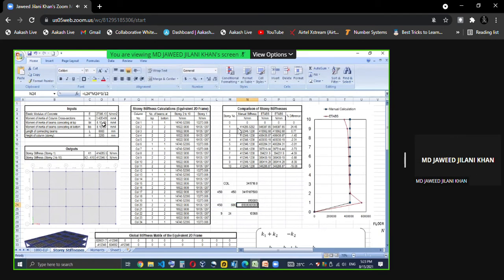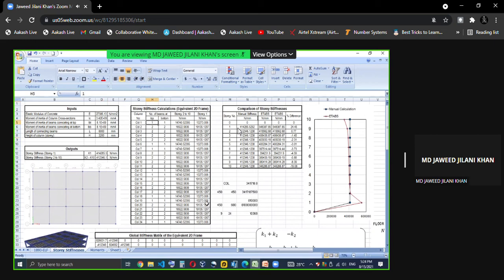The moment of inertia of the bottom beam and top beam are the same for me. So I am getting the moment of inertia like this. The length of the beam is 6 meters. The height of the column is 3.2. Now we have 24 columns. You can see here 1, 2, 3, 4, 5, 6. There are 24 columns, and then the number of beams at the top.